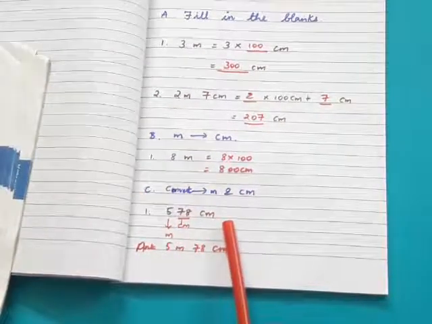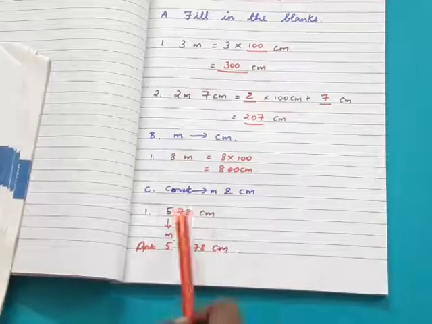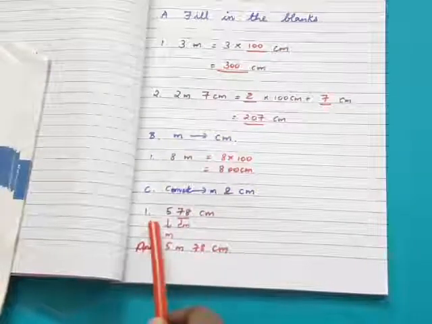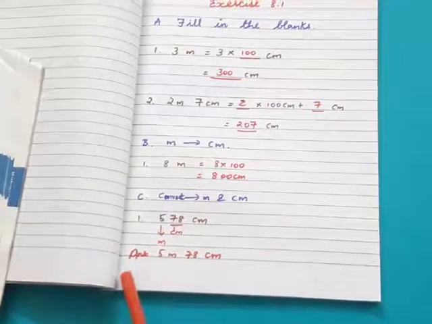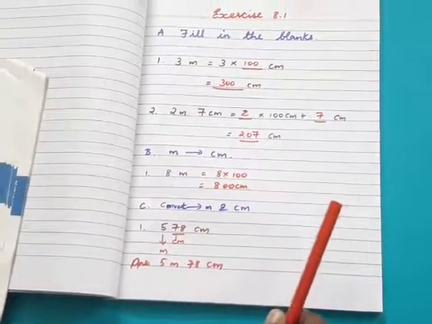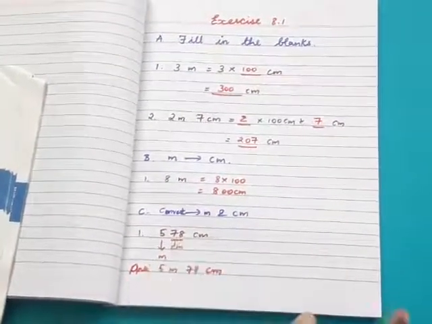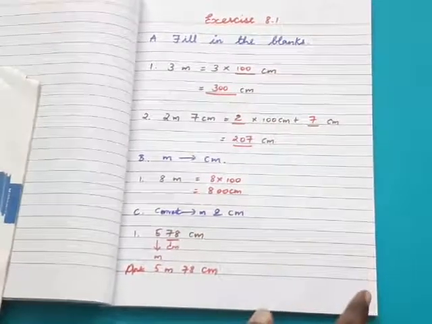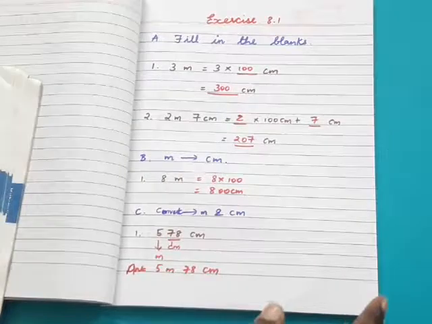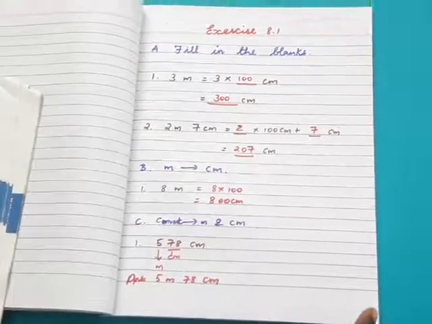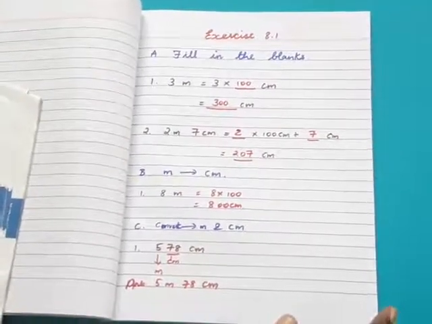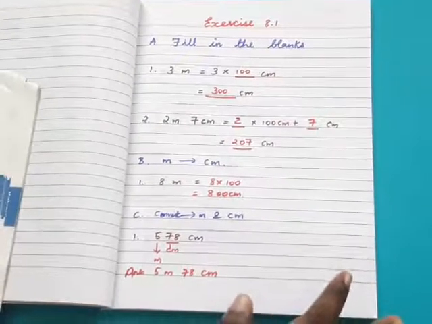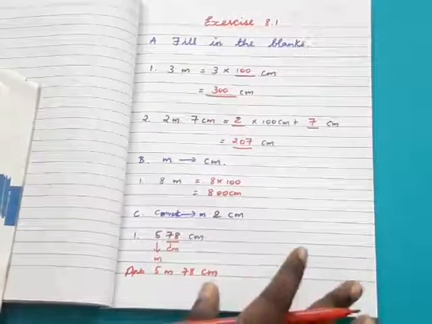They given a number. What quick tip we have learnt? Last two numbers are the centimeter. All the remaining numbers are the meter. If you keep all this in your mind, it will be very easy for you to do exercise 8.1. All the remaining sums which I gave you, you should write in your classwork note, and do as homework. So far we have completed exercise 8.1.